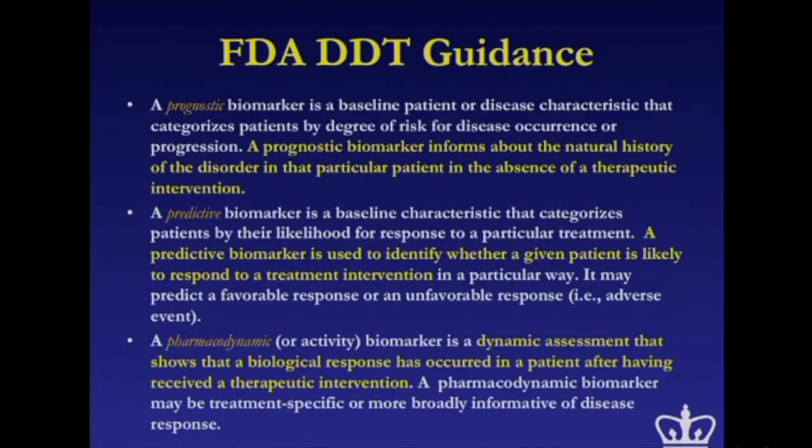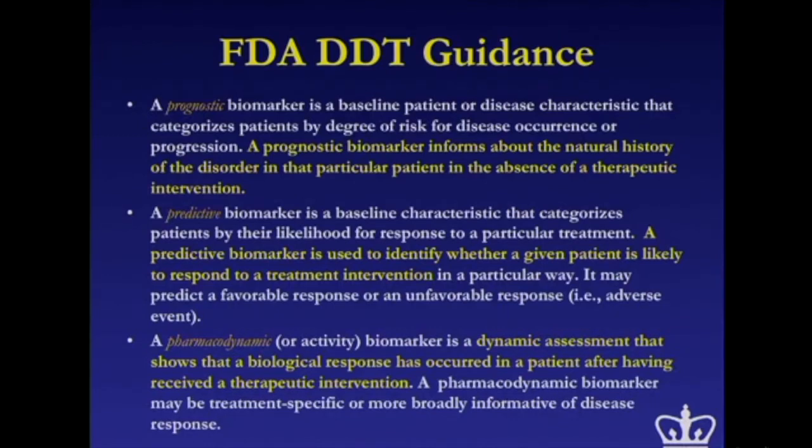I spoke to you about blood pressure and glucose before. These are pharmacodynamic biomarkers, but they're also diagnostic biomarkers, which I'm not talking about today. A prognostic biomarker tells you, basically, is the disease bad? How bad is the disease? And that is important in precision medicine, because if the disease is bad, you're going to do something about it. If the disease is not bad, you may well decide to wait and watch. So prognostic biomarkers tell you how bad the disease is.